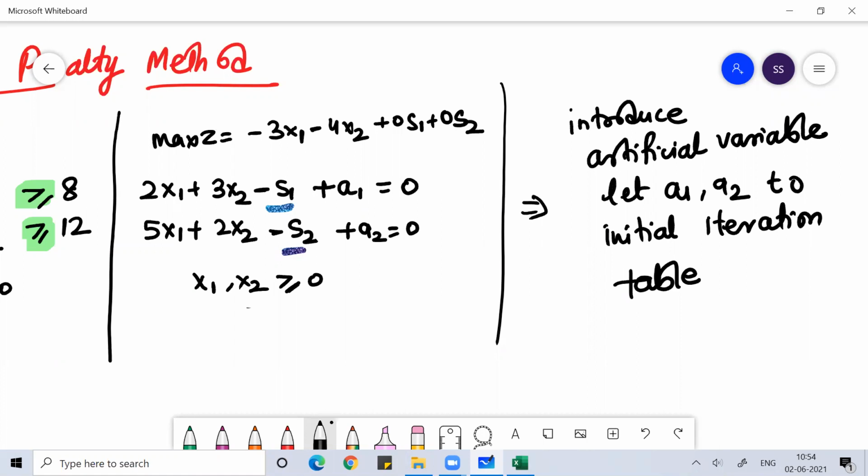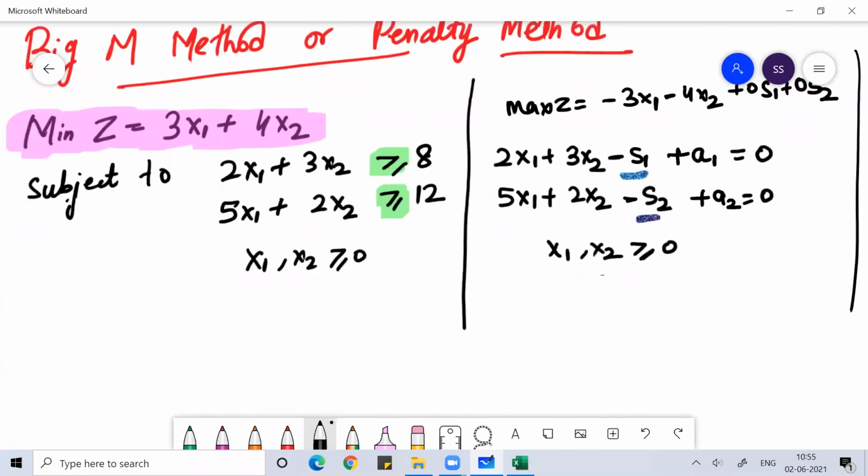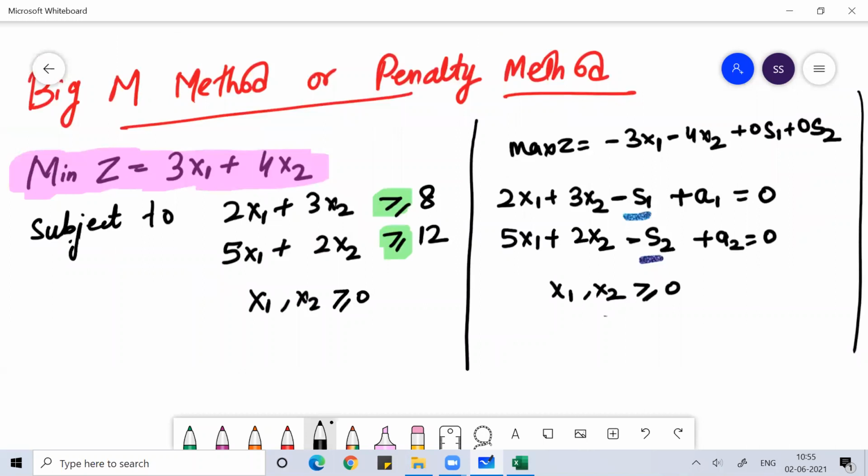But you will say, sir, what is happening? First you introduced dummy variables which you called slack variables, and now you're introducing another dummy variable, the artificial variable. How will you make sure this artificial variable does not affect the solution? The slack variables S1, S2, S3 had coefficient 0, so we made sure they do not affect the solution. Now you are introducing new variables called artificial variables, so how will you make sure they will not impact your solution?